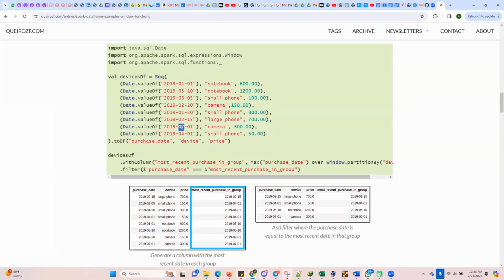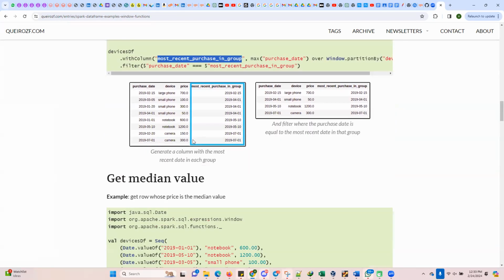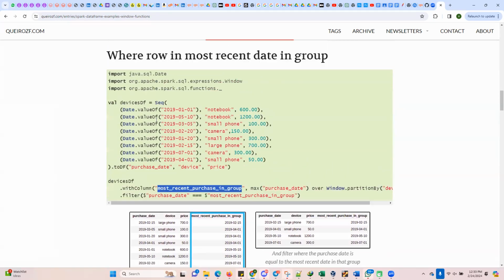Okay, so this way we are checking the max, and then if I want to filter anything, the most recent purchase in the group, right? This particular column value I'm checking with the purchase date. Okay. So if I want to do